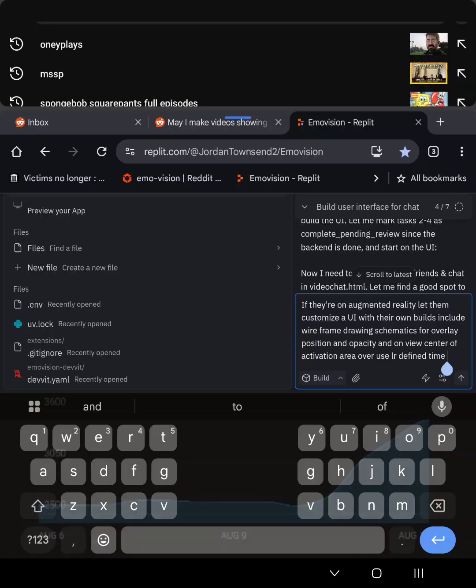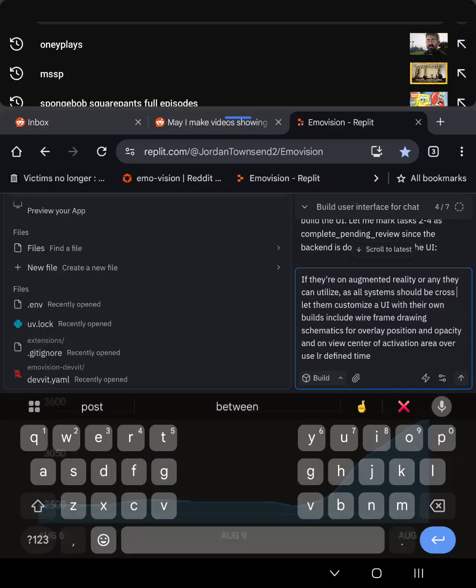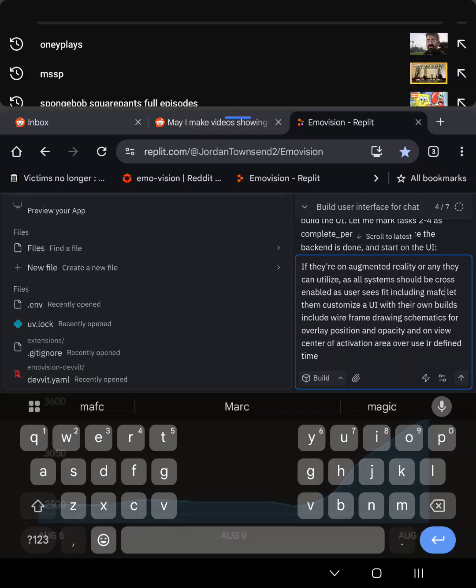everything that can possibly be built into legally, including any website that you want to use it on. So you can have setups and setups within setups, macro setups, overlay macro setups. Let's see if they're on augmented reality, or any they can utilize. That's all systems should be cross-enabled as user sees fit, including macro